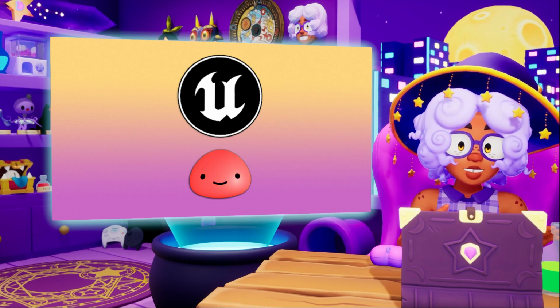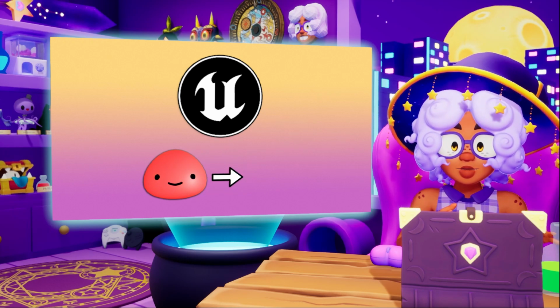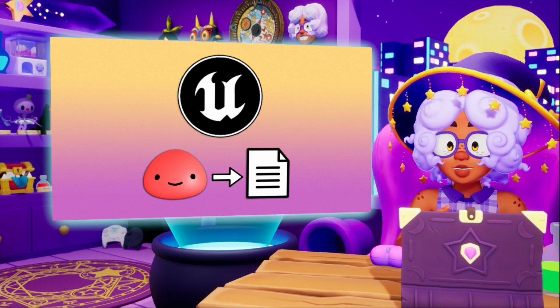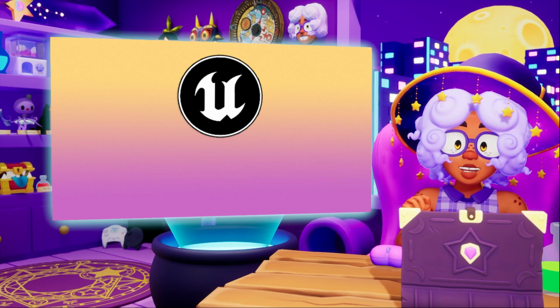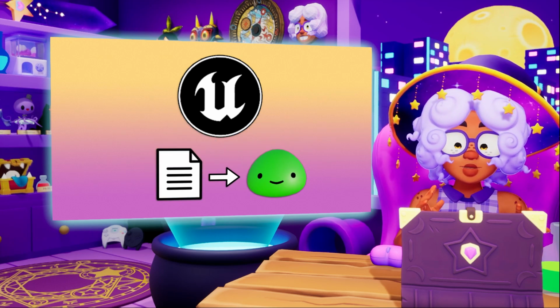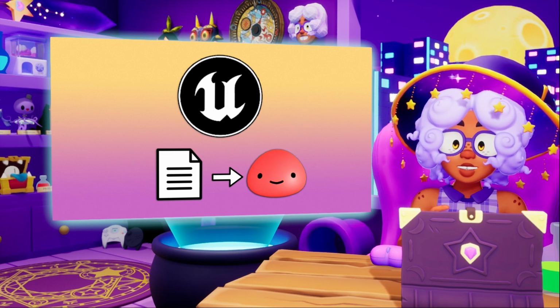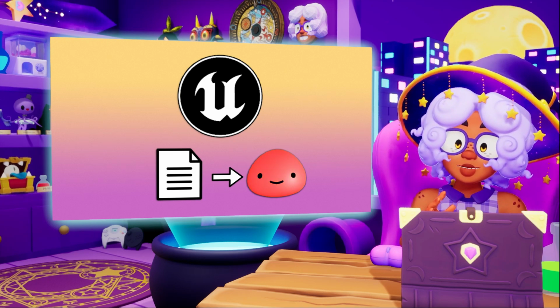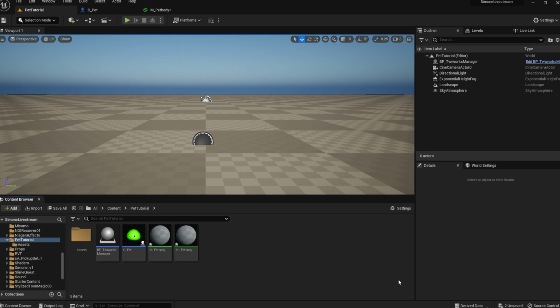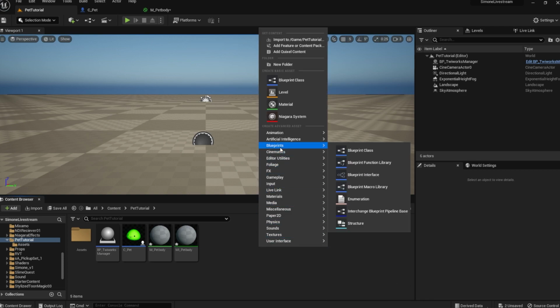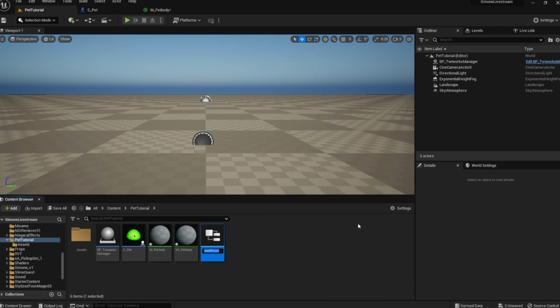So to save those changes, we need to record that information into something that can persist into a save file. Then we can recreate the actor from that information. So we're going to use something called a structure to do that. Go back to your content browser, right-click and search under Blueprints for Structure. Name it something like